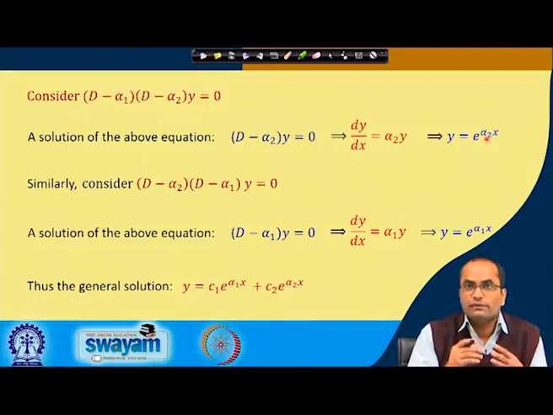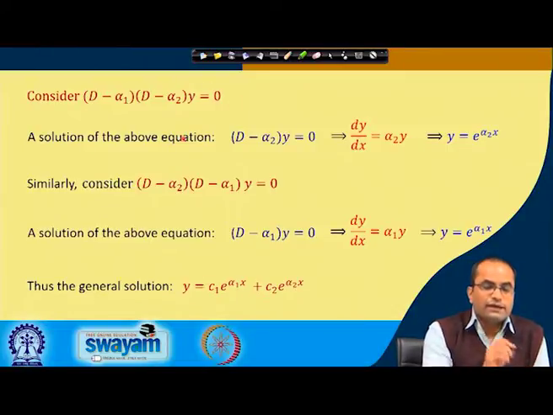If alpha 1 and alpha 2 are the same value, it is a repeated root, then we are not forming two linearly independent solutions in this way. So, there should be another way to compute the general solution when we have alpha 1 and alpha 2 the same number, or the repeated roots. So, first getting back to the distinct roots.